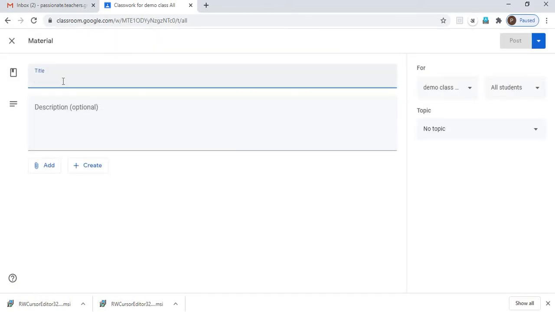So you can enter the title, and then if there is any description about that, you can enter that also, and then you can add a link, or you can directly link it with your Google Drive, or you can attach some file, whatever way you want to post your material. It's entirely your choice. If you have some video uploaded on your YouTube, you can directly link that also here. Now this is again the same. Right now it says no topic because I haven't created any, right? Okay, so material I have told you.